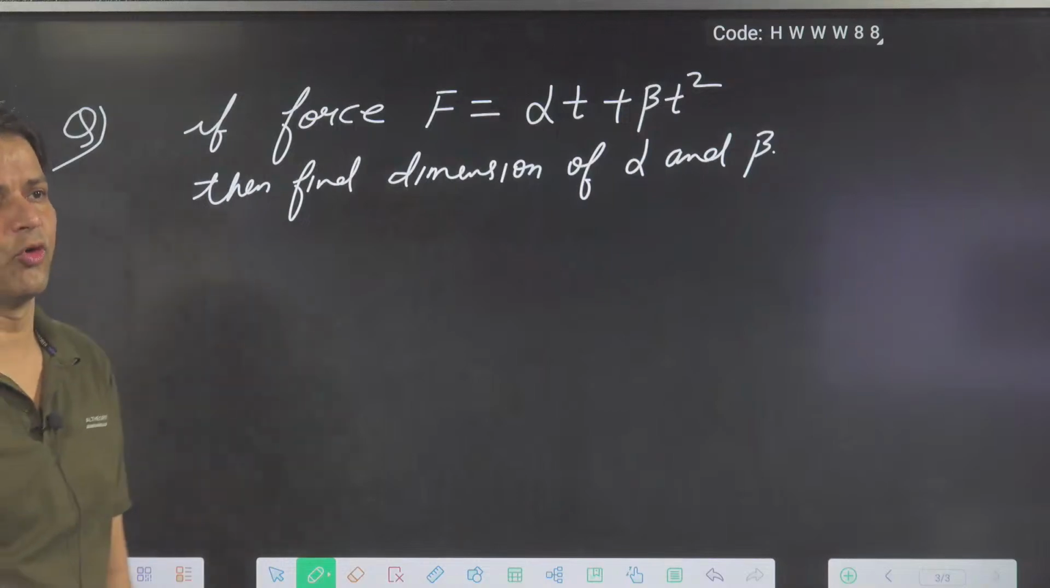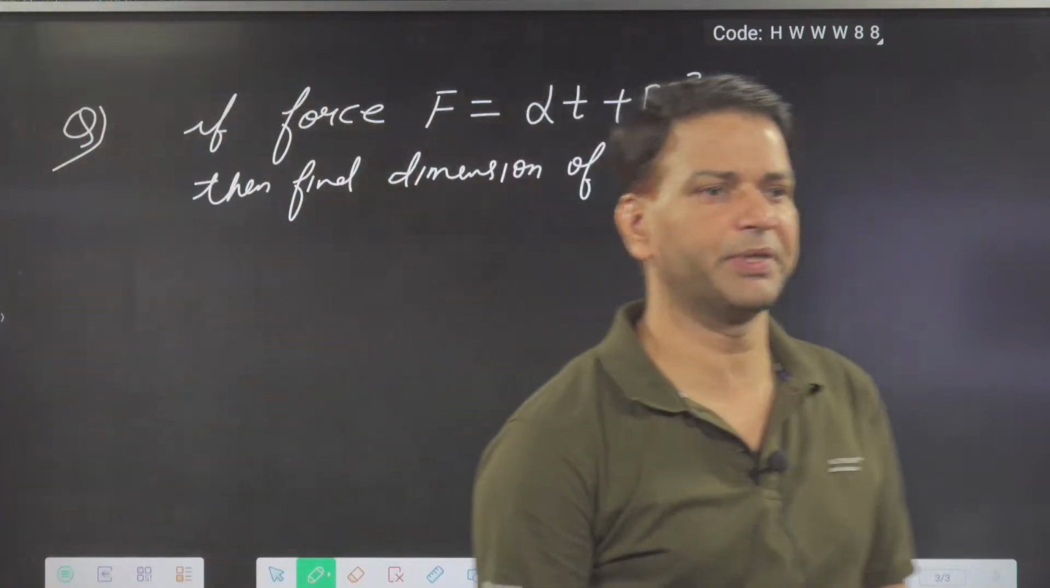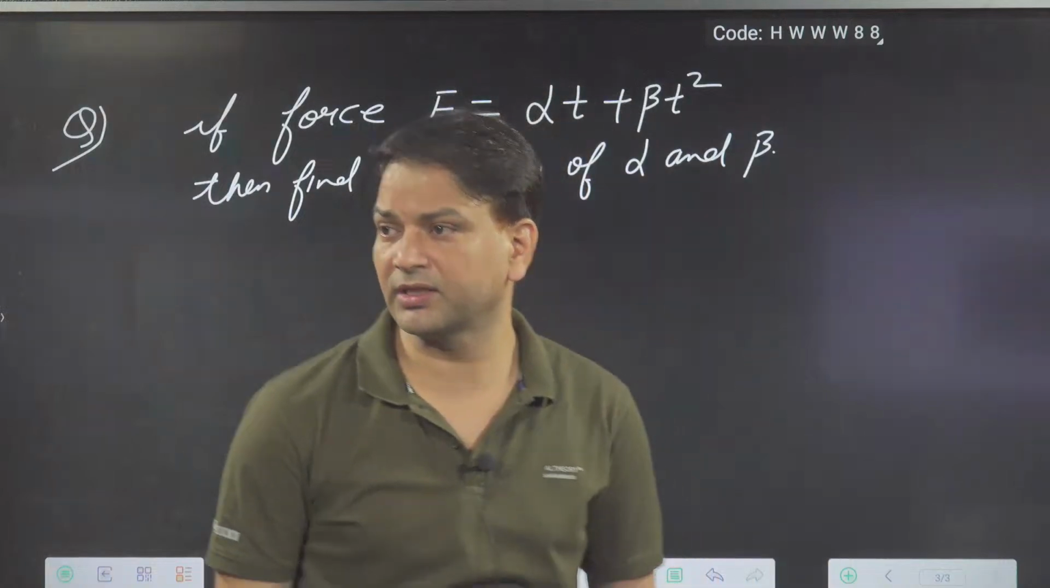So suppose I am saying force F is equal to alpha T plus beta T square, then we have to find the